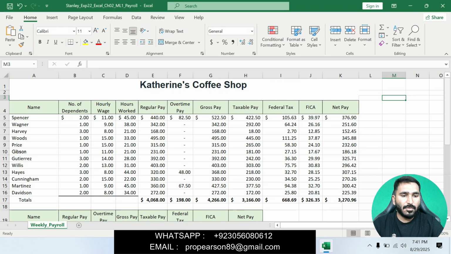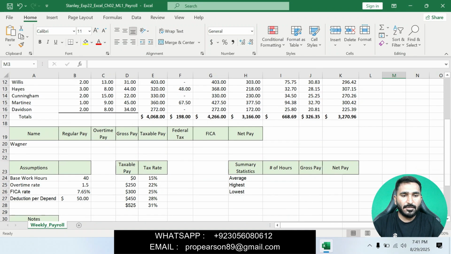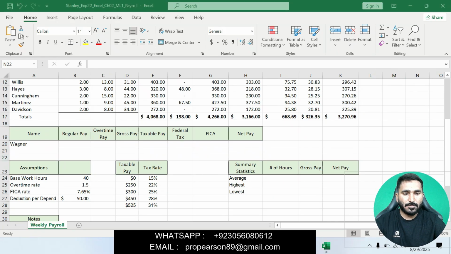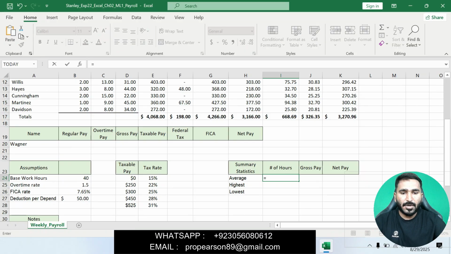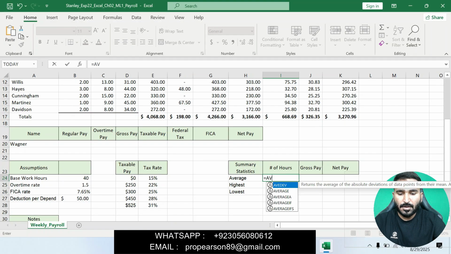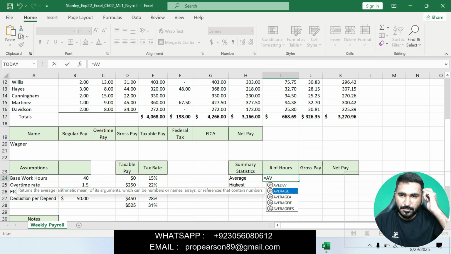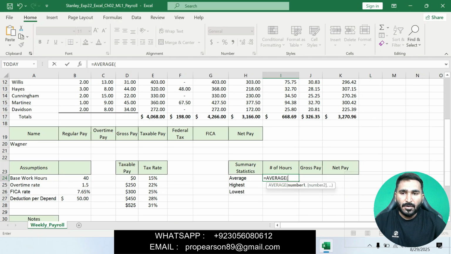We will find the average. Press is equal to, enter the AVERAGE function. Okay, the range is D5 to D16.